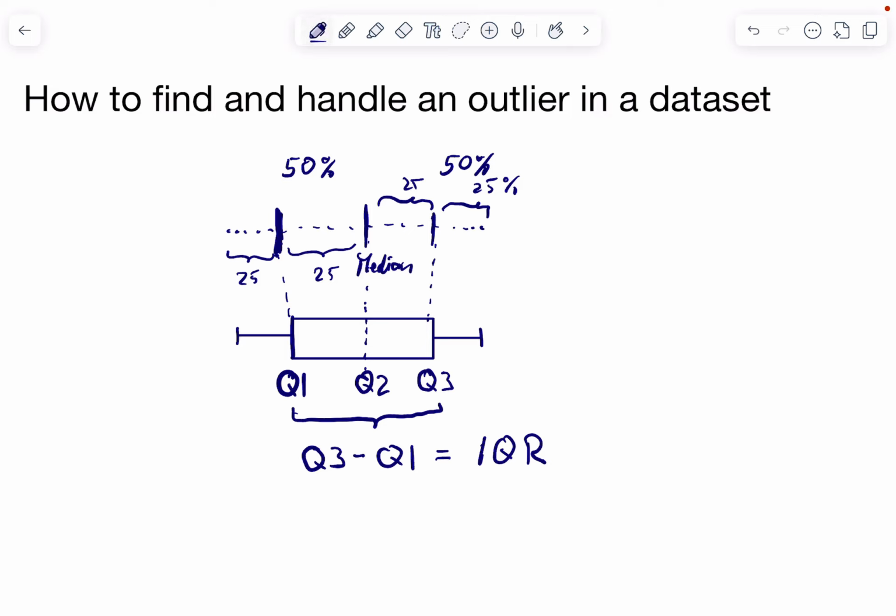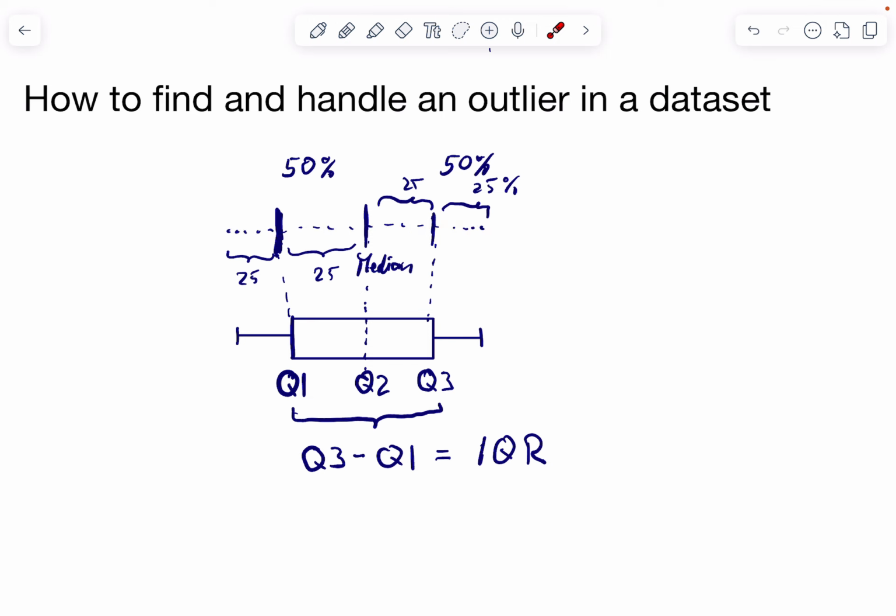Hello everybody. In this video tutorial I want to show you how we can find and handle an outlier in a dataset, and we are using, in this particular case, the IQR, the Interquartile Range method for this purpose. So, just as a reminder of what we are talking about, let's say we've got a data set here and it is already ordered in